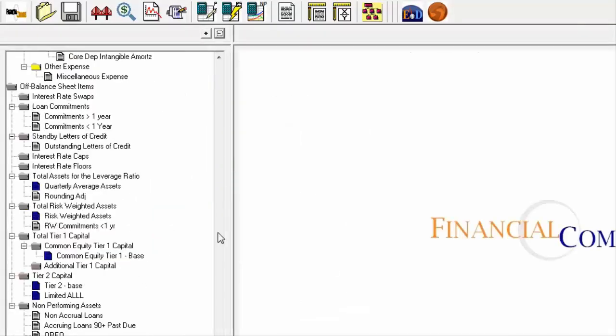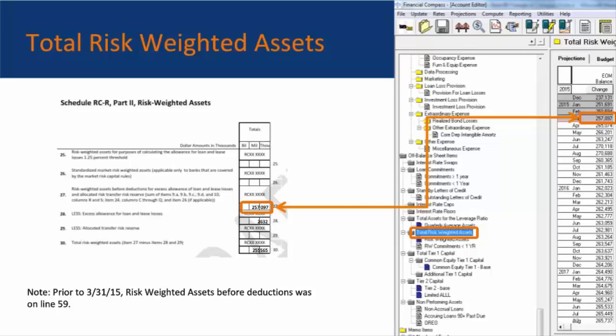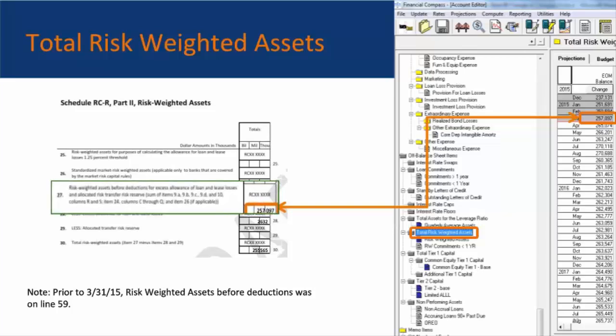Click on the Assets for Leverage Ratio folder and verify that we've got the corrected amount that equals the call report. Well, let's move on to the next item we could check. The next gray folder in the new capital section is Total Risk-Weighted Assets. This Compass folder total corresponds to line item 27 in Call Report Schedule RC-R Part 2, titled Risk-Weighted Assets